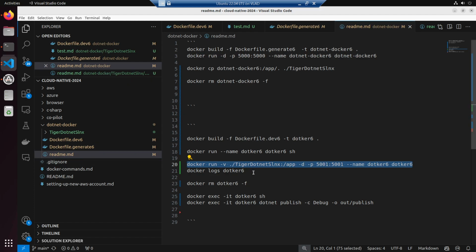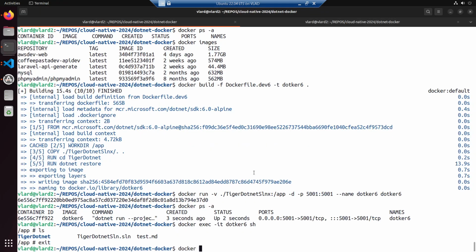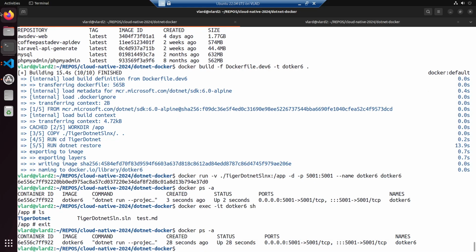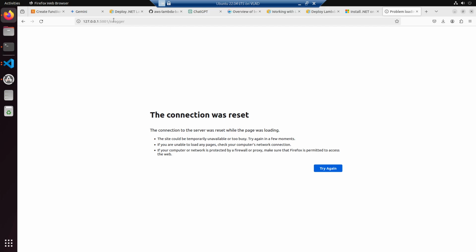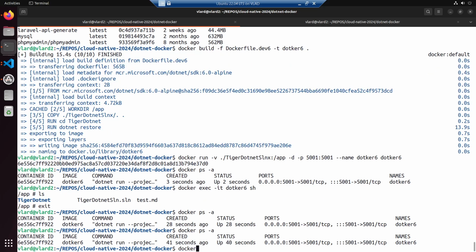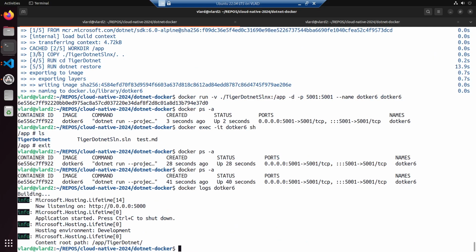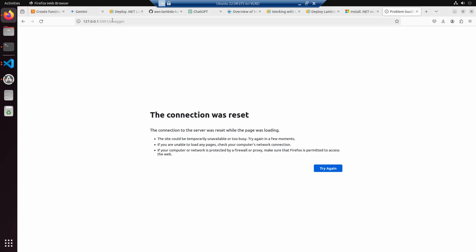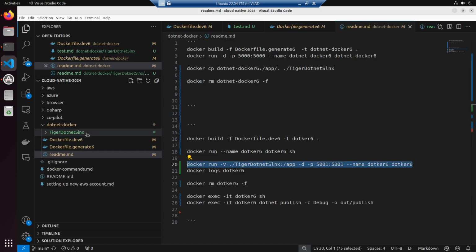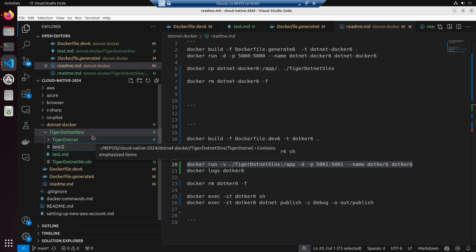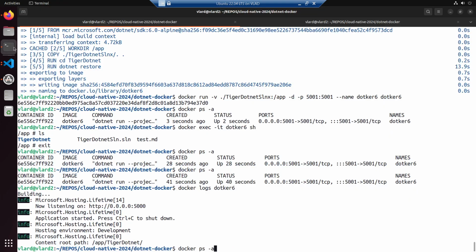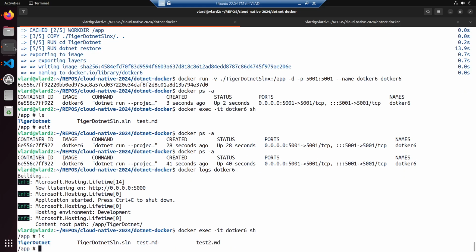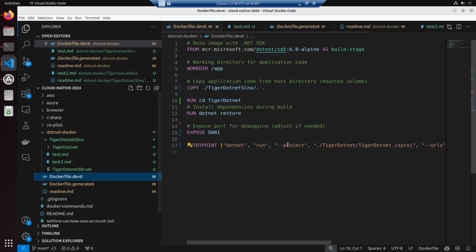So docker run. So the only problem now is